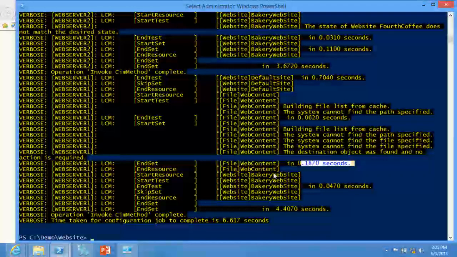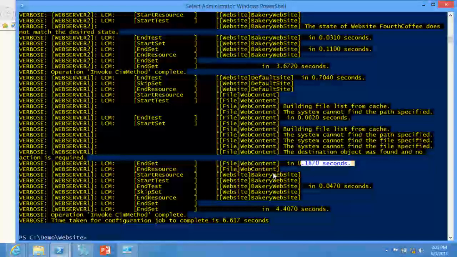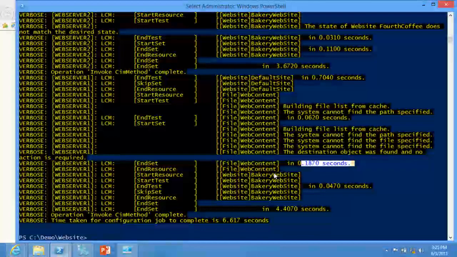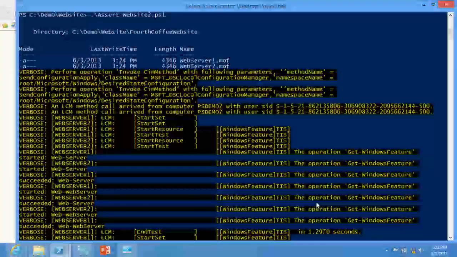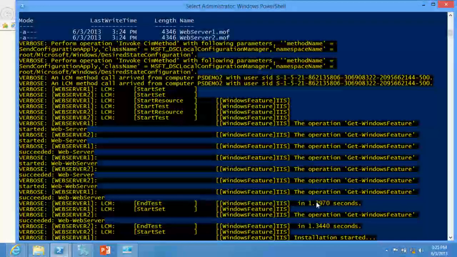Hey, by the way, it's worth noting here. Take a look at what you're seeing. We know, in this desired state configuration, there's lots of moving parts. I say, here's the way I want it to be, and sometimes it does some stuff, sometimes it doesn't, based upon what it finds. And so we knew that your ability to have clear visibility into the inner workings was critical. So we spent a lot of time on this verbose stream. And so you'll notice here, as you use it, it's very easy to see. Notice it's very easy to visually parse. Somebody said, oh, you got to make it readable. I said, that's exactly incorrect. I do not want it to be readable. I want it to be recognizable.